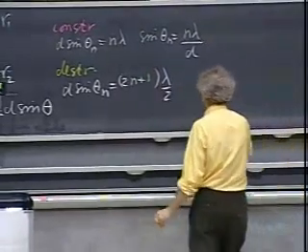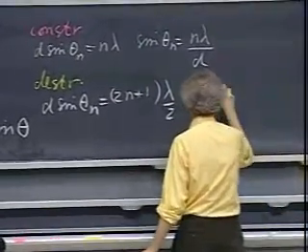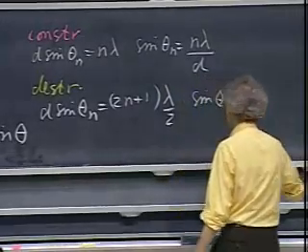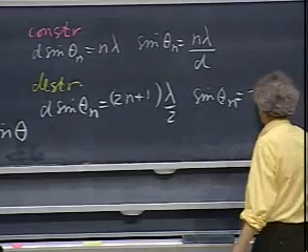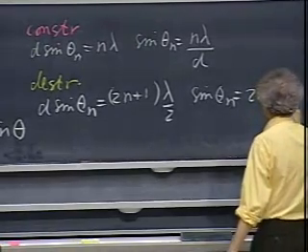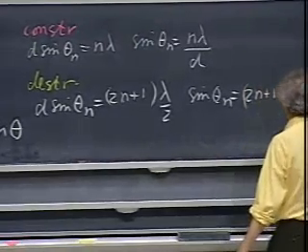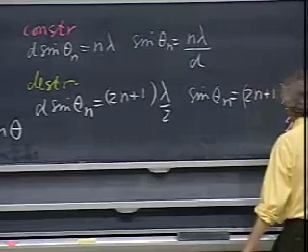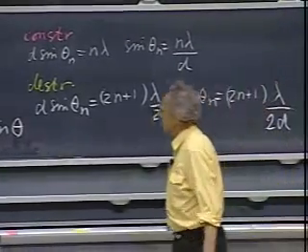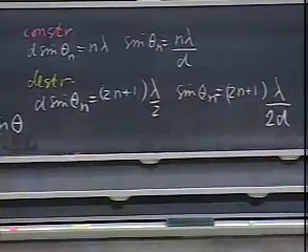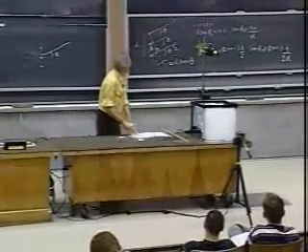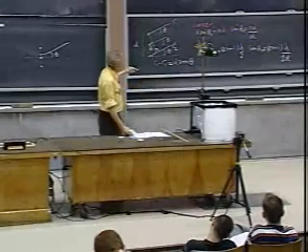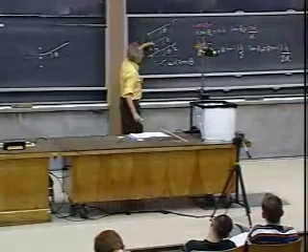And so that requires that the sine of theta n for the destructive interference is going to be (2n plus 1) times lambda divided by 2d. So this indicates the directions where we expect maxima and where we expect minima, as seen from the center between